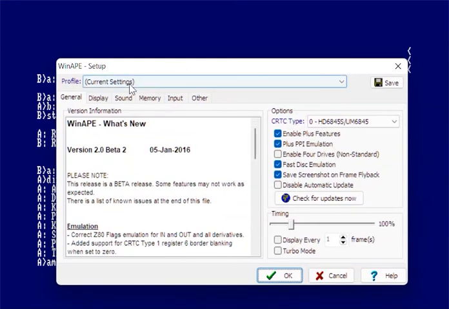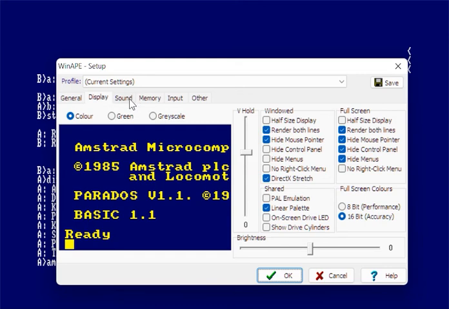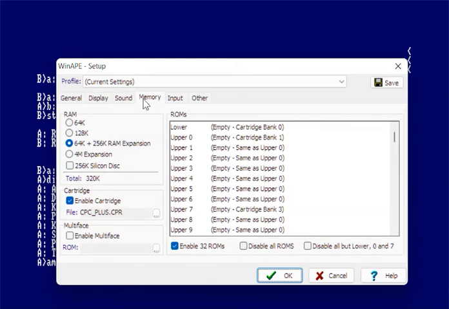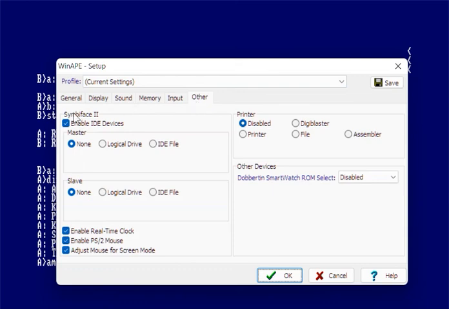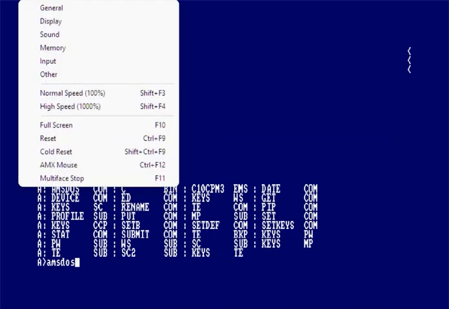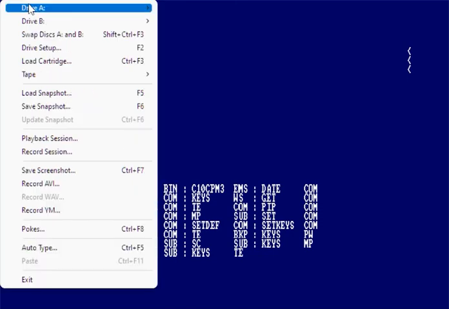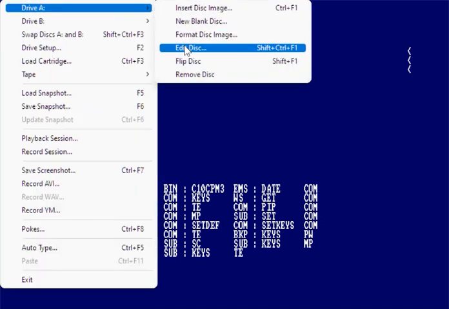Okay, this is the profile I'm using. It's actually useful for persons that want to mimic the same configuration. However, it's not important. Memory, yes, 64 plus 256 kilobytes of RAM expansion, but it's not important in this case. Okay, the key bindings that are not entirely obvious. We are not using either devices. This was a setting that remained from a different run. It's not important. Let me see, drive A, and in this case, if I'm going to go to edit disk,